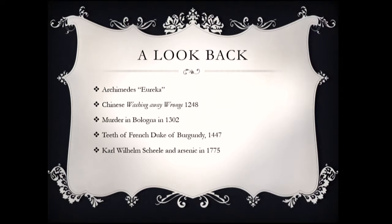And he got to deciding that you could displace things in the bath. So he gets into the bathtub full of water. He realizes it displaces a certain amount of water, and he thinks, oh, this is volume. And he was so excited, he shouted Eureka and supposedly runs through the streets, kind of forgetting to put his clothes on first. And so when people talk about a Eureka moment, it's this method of